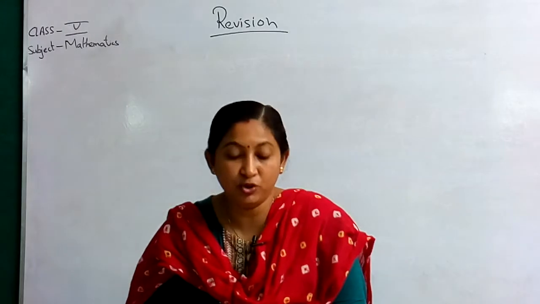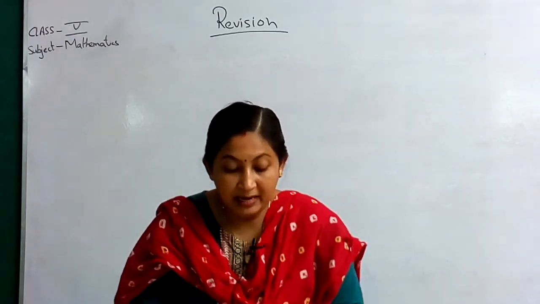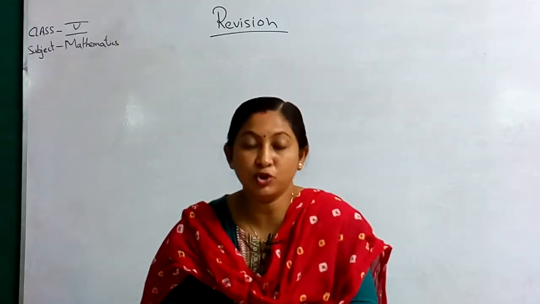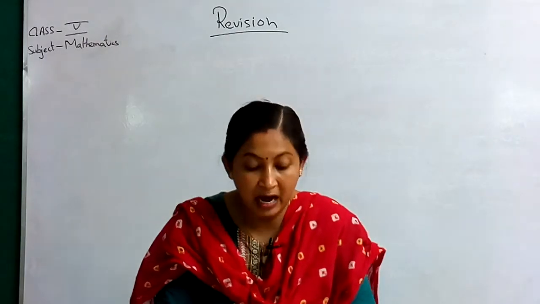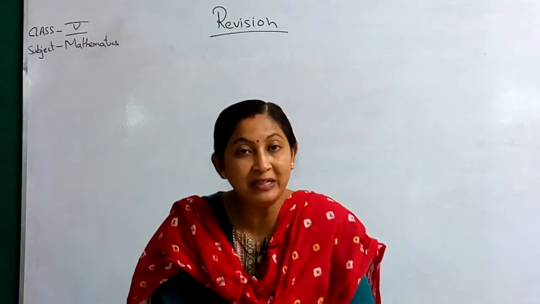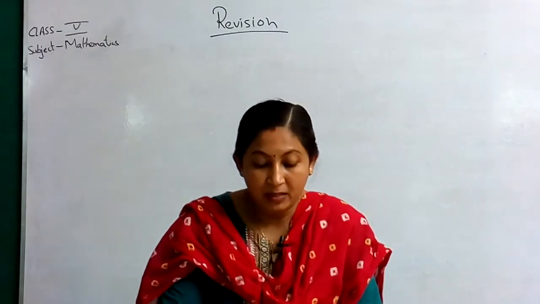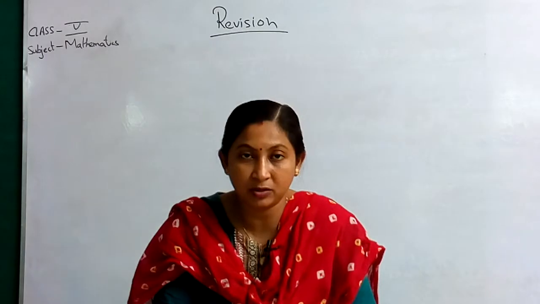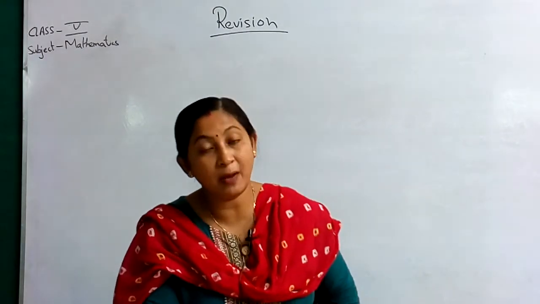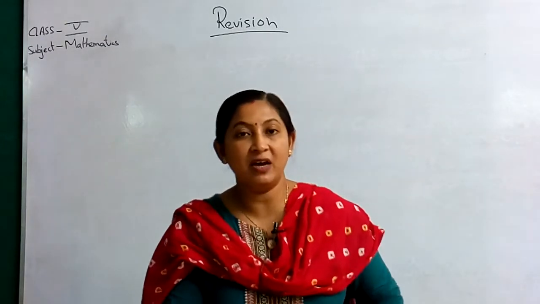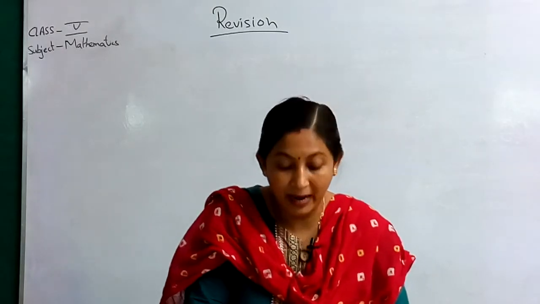Now come to the first question. If A minus B is equal to C, then A is called dash. The question is in A minus B, that means if two numbers are subtracted, the answer we are getting is C. So with what name will you say A? The answer will be minuend. The one which is subtracting is the subtrahend, and the answer we are getting is the difference. Clear? So you will give a tick mark in minuend.